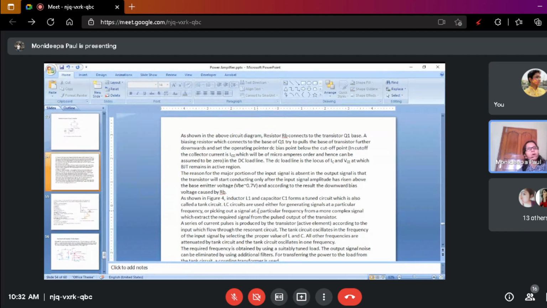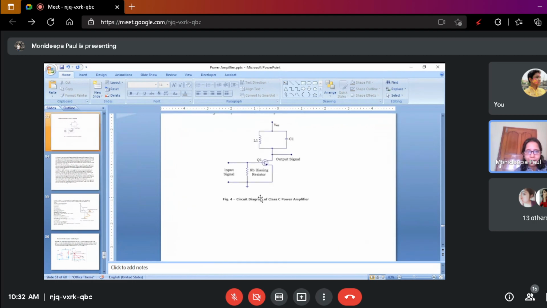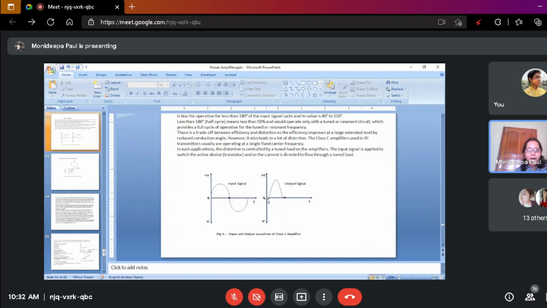If the transistor is in forward bias condition, that means the transistor will start conducting. That means it will be in the conducting or active region. So the biasing resistor makes the input circuit in the reverse bias condition. That means it pulls the circuit in the downward side, so it makes the circuit in reverse bias condition and prevents the transistor from attaining the conducting state.